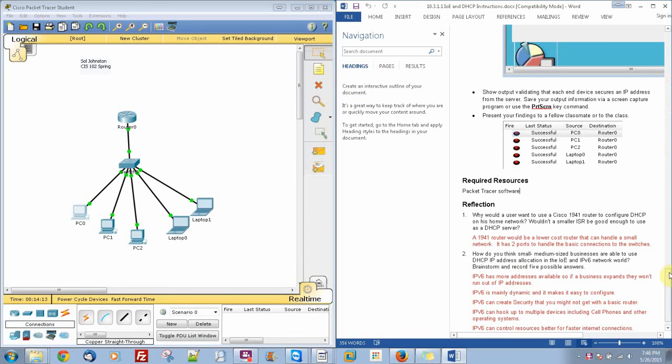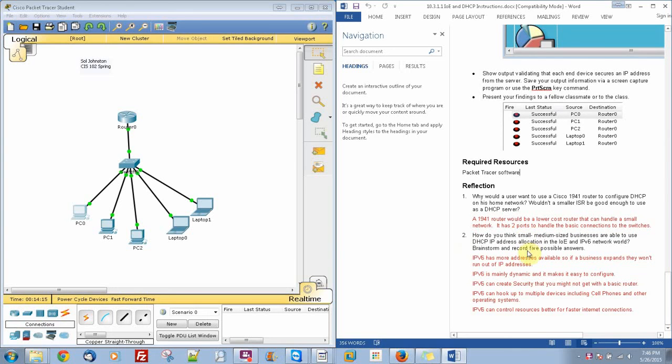And then they had some reflection questions, which are your own opinions on why you think a 1941 router